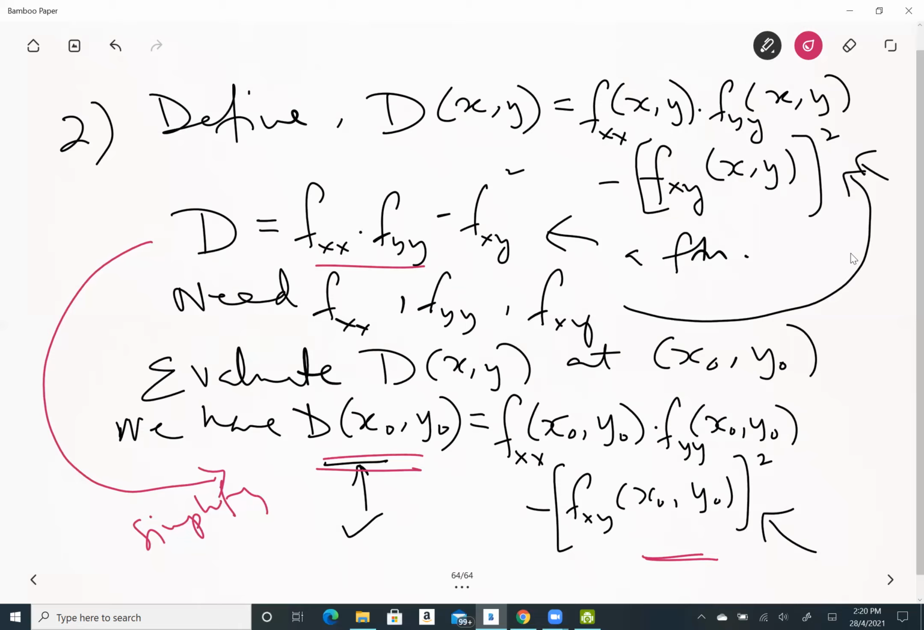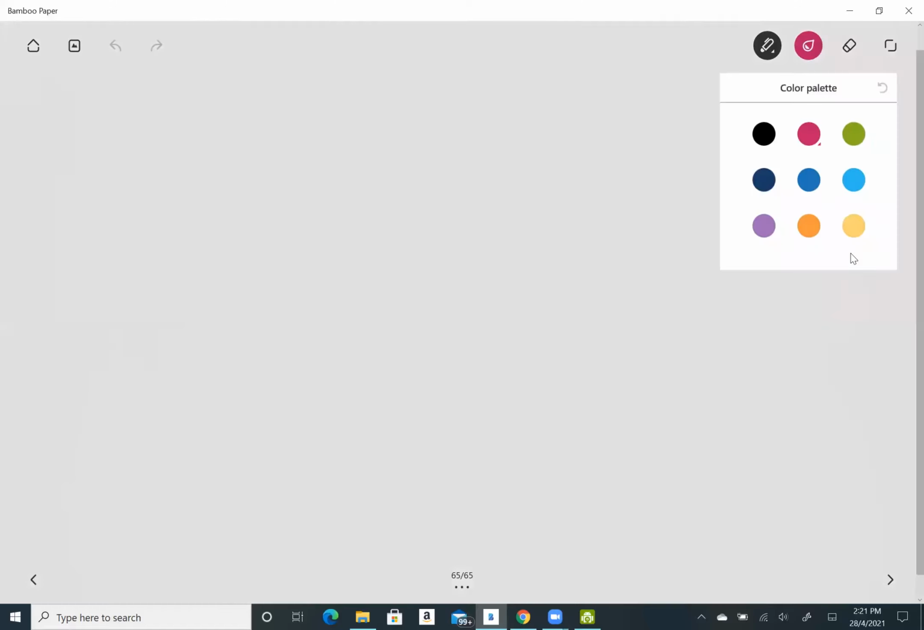Do you understand what I'm saying? Negative. You categorize into negative or positive or zero. Okay, so that would be our third step. So number 3,